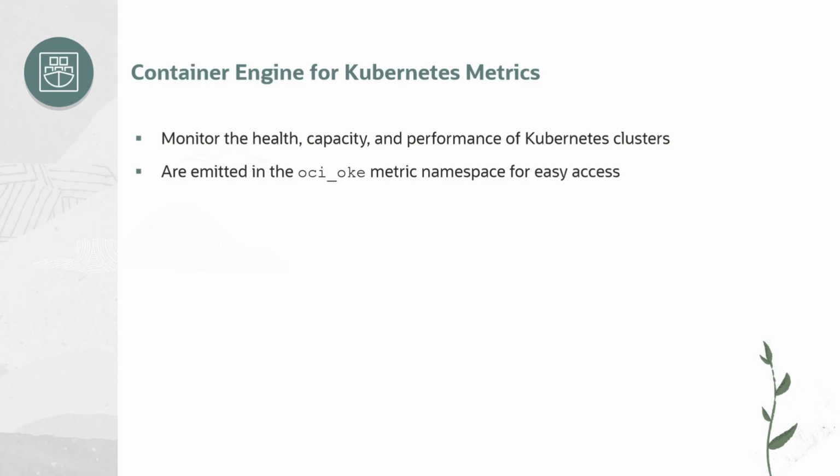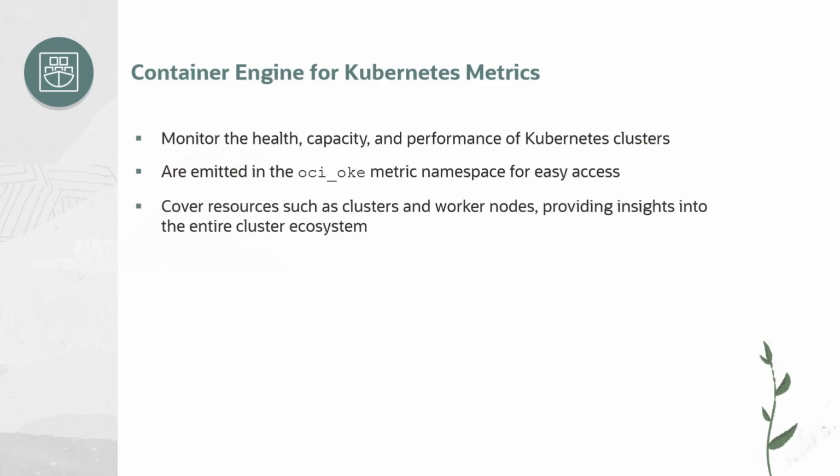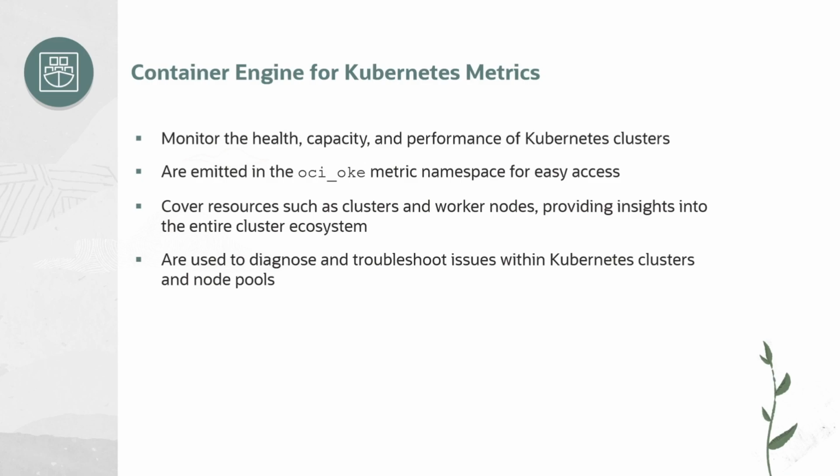These metrics come to you in the OCI_OKE metric namespace, making it straightforward and accessible for your monitoring needs. It's not just about monitoring, it's about having the tools to diagnose and troubleshoot issues within your clusters and node pools efficiently. Like clockwork, default service metrics are posted every 60 seconds, a steady rhythm of data points per minute